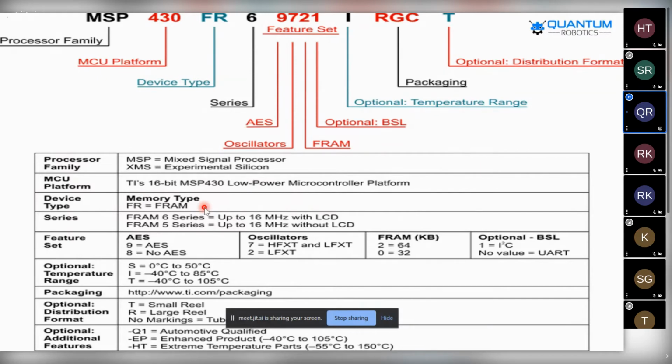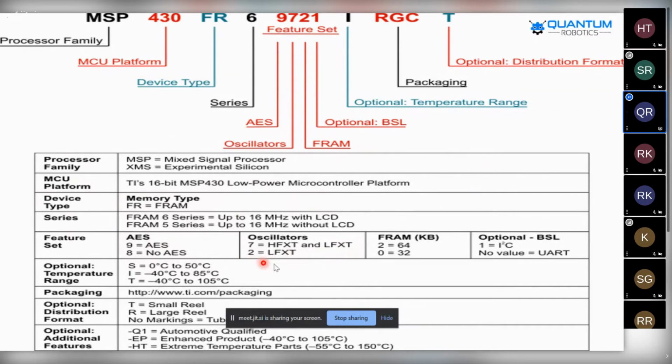And in the feature set we will be getting here AES 9, AES, and 8, no AES. And here in the accelerators we can get 7 HFXT and LFXT.